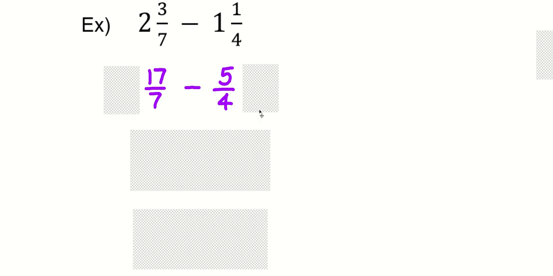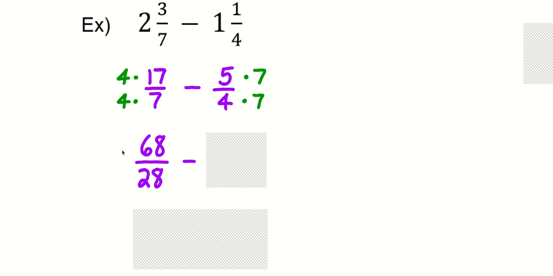Well, as it turns out, this is where it helps to be really good with your mental math times table facts, but this is where you got to go full birch, baby. You got to multiply 4 by 7 and 7 by 4. And again, whatever you multiply to the denominator, you also got to multiply to the numerator. So these fractions become